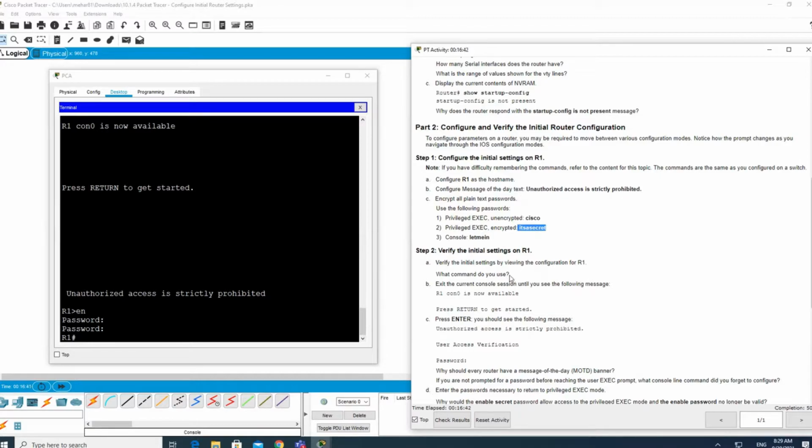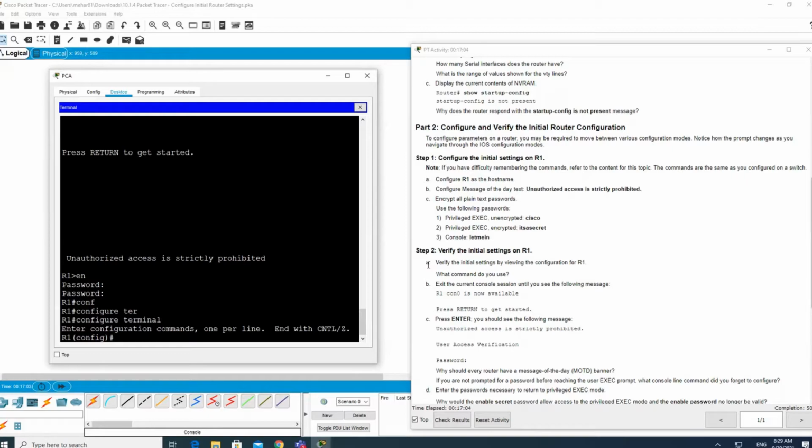Verify the initial setting on router 1. Sorry, here we have another thing: the console password. Here we need to also configure the console password. How can you configure the console password? Configure terminal.